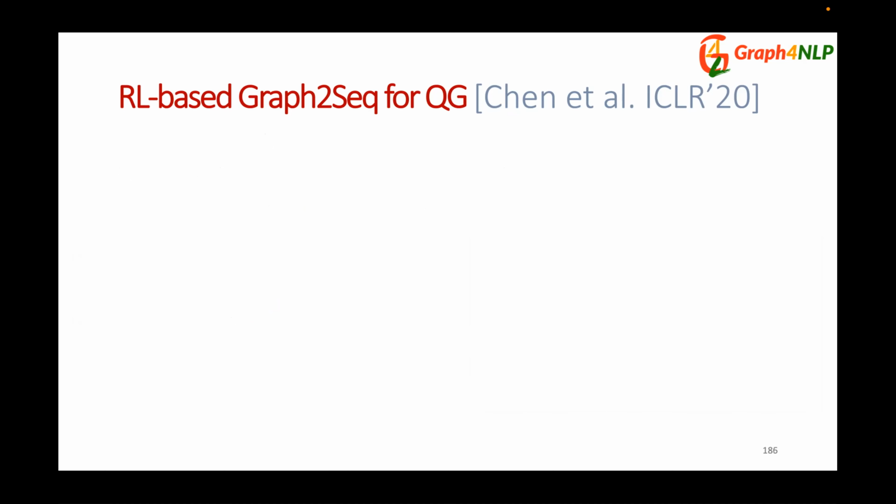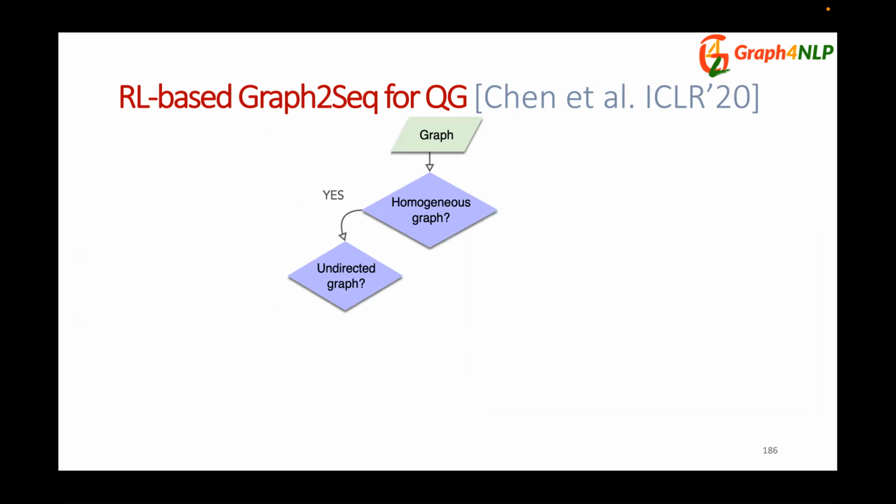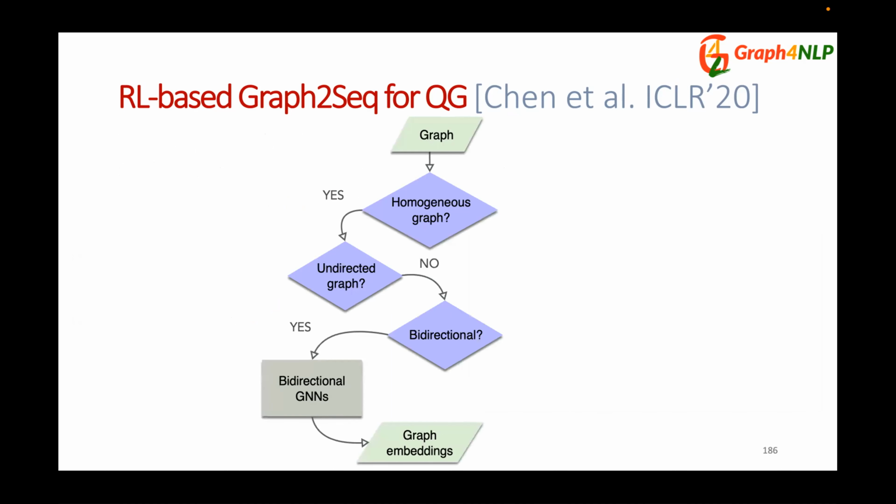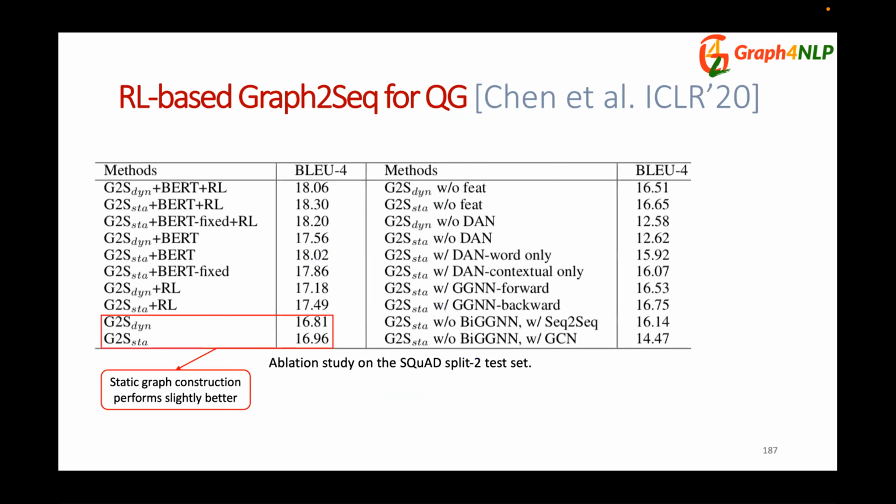Because the constructed graph is actually a directed graph, the authors applied bidirectional GNNs to encode the graph. Specifically, they introduced the BiFuse GGN as the graph encoder. As we can see from the experimental results, the static graph construction performs slightly better than the dynamic graph construction in this paper, but the performance